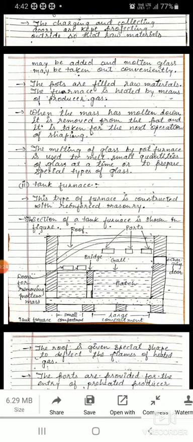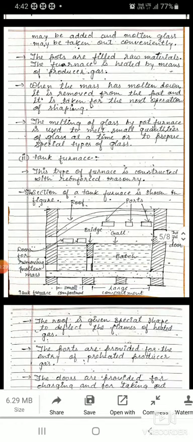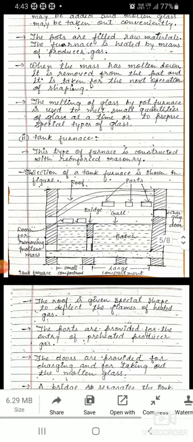The melting of glass by pot furnace is used to melt small quantities of glass at a time, for the production of small quantities of glass, or to prepare special types of glass. So this is about the pot furnace.